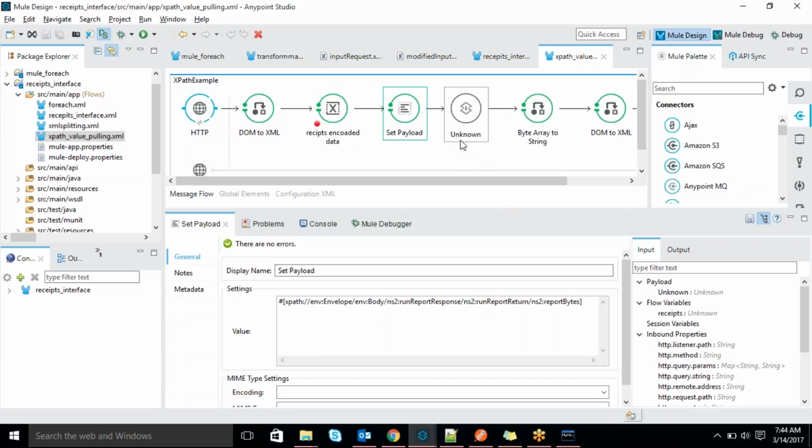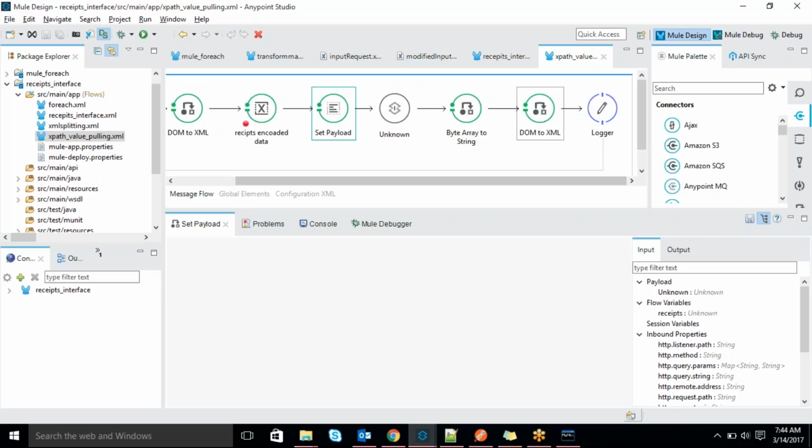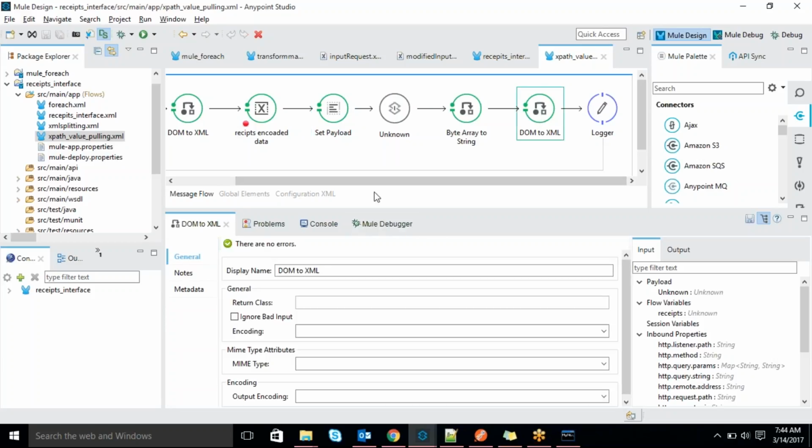You have to use a Mule component or a Java component, and convert it to a string. Then again I'm converting it into proper XML. I'm trying to get only that encrypted format data, decode it, and display it as XML.